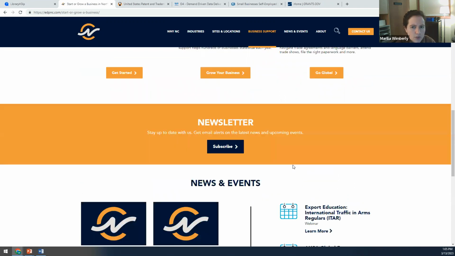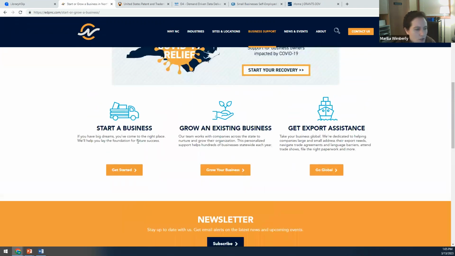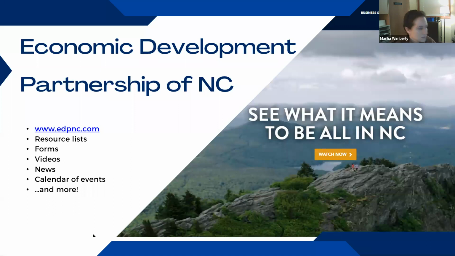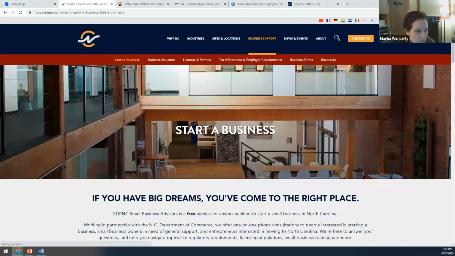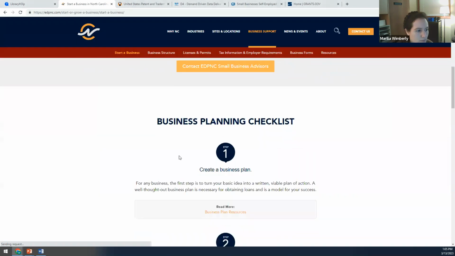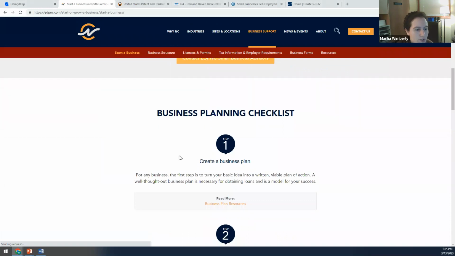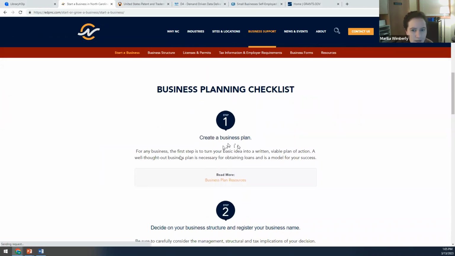Back up here in the middle of the page though, let's click on Start a Business. Not sure where my slide jumped there. There we go. This page has a business planning checklist, and each item on the list links to a page of resources to help you with that step. Looks like the first step is to create a business plan. I know a lot of you are working on that step right now. If we click Business Plan Resources,